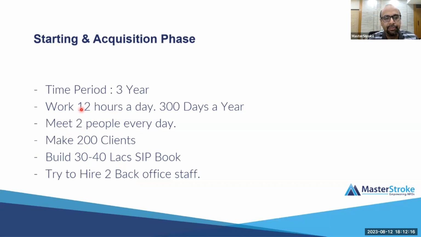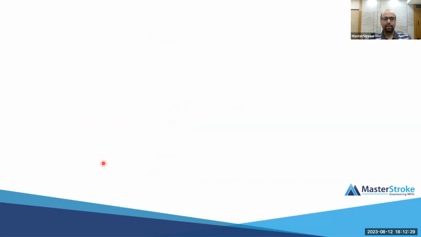Everything is interrelated. If you work 12 hours a day, 300 days, you will be able to meet 2 people, you will have 200 families, you will have 30, 40 lakh rupees of SIP book. The moment you have 40 lakh SIP book, which essentially means you have 20, 30, 40 crores of AUM, which is good enough. Let's look at phase 2,